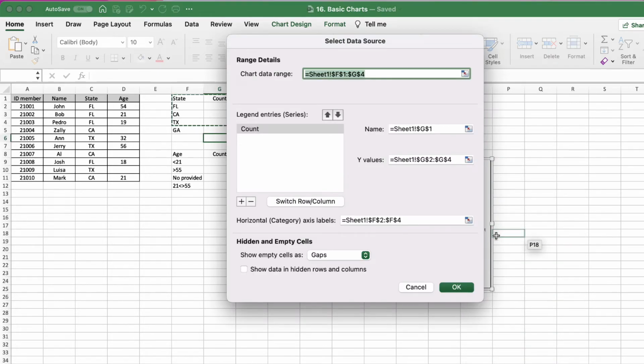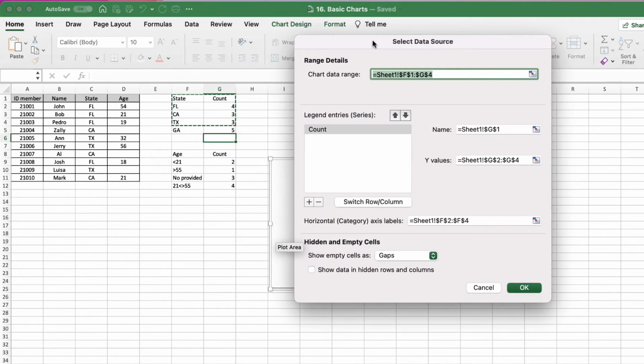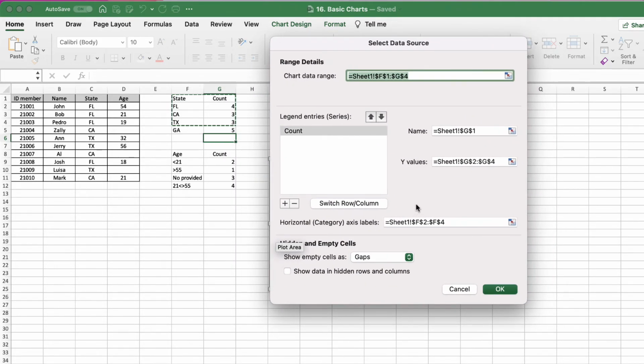A new window will prompt with the details of the series of data. The first portion is the data range, then the name of the series. The Y values are the count of people, and the horizontal categories are the states. So, per each state label, there must be a count assigned to create the bar.